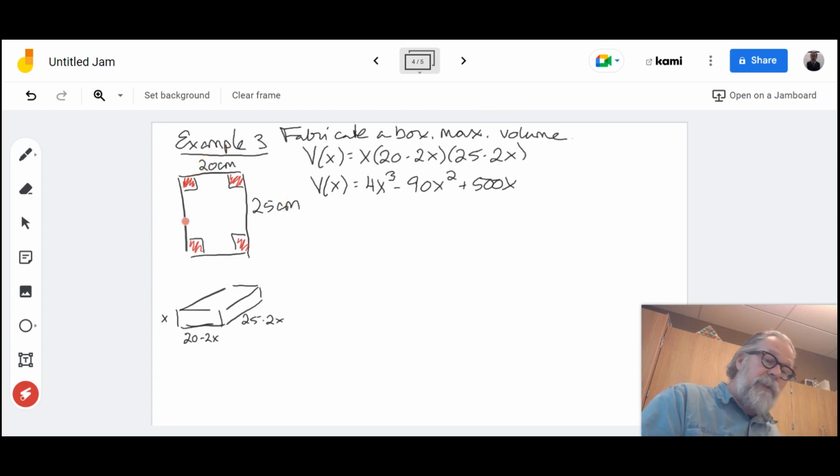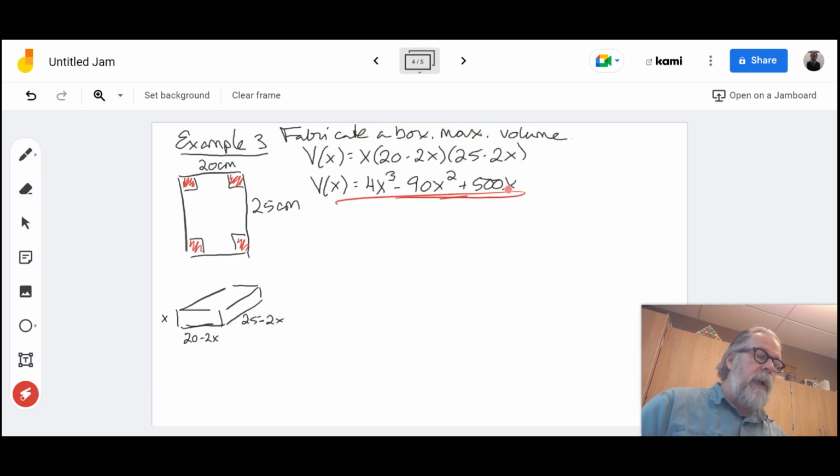We're going to take a piece of material, 20 by 25 centimeters. We're going to cut out squares from the corners. We're going to fold up the sides. We're going to have the box pictured below. And the height of the box will be x, and the sides will be 20 minus 2x and 25 minus 2x. That gives us a volume of length times width times height,